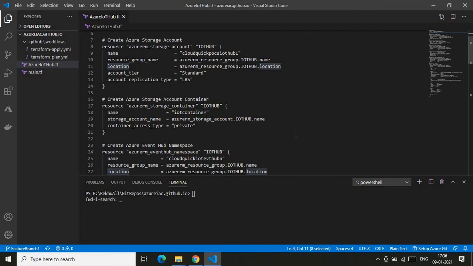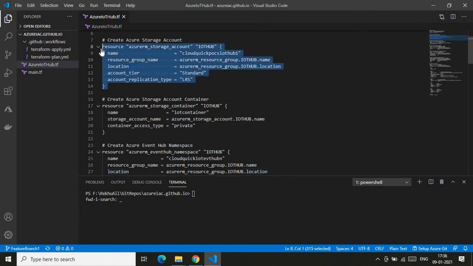Okay, so here we are creating the storage account so that I can use it as my endpoint, where I will be storing the required data. Henceforth I'm creating a storage account here. So let me quickly show you this.